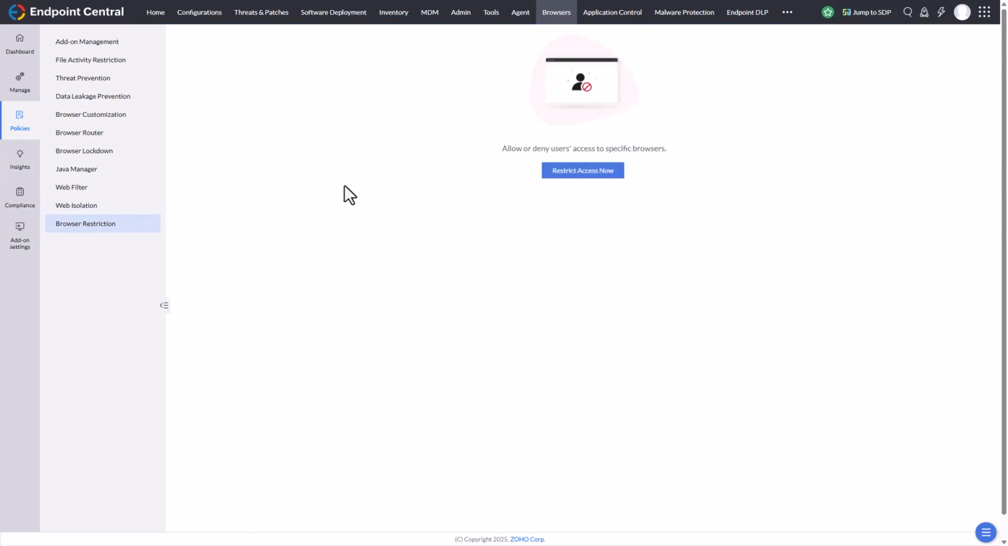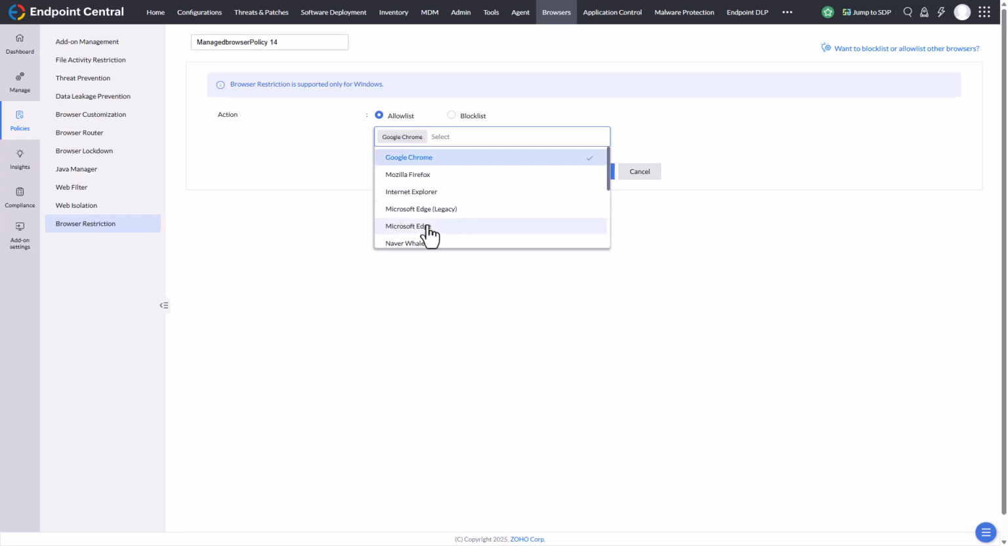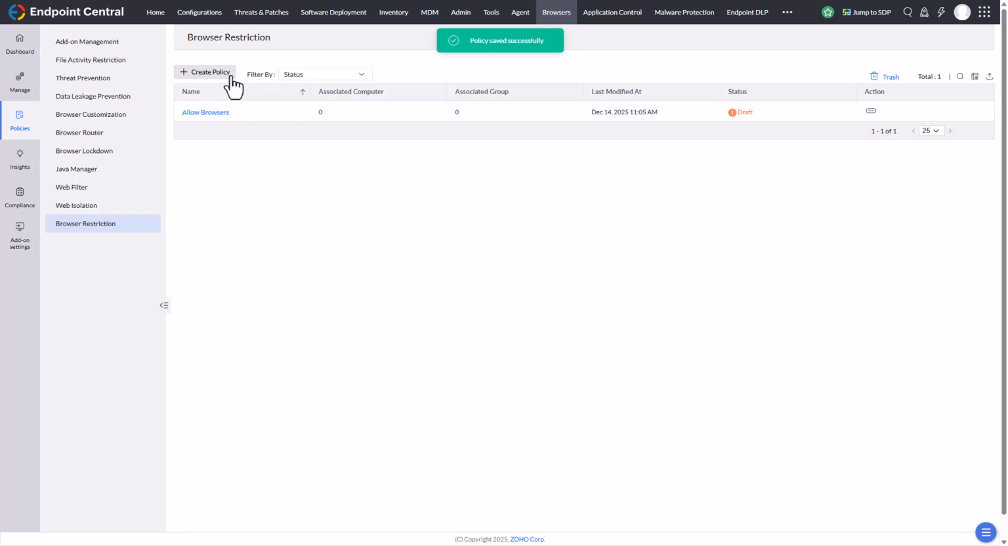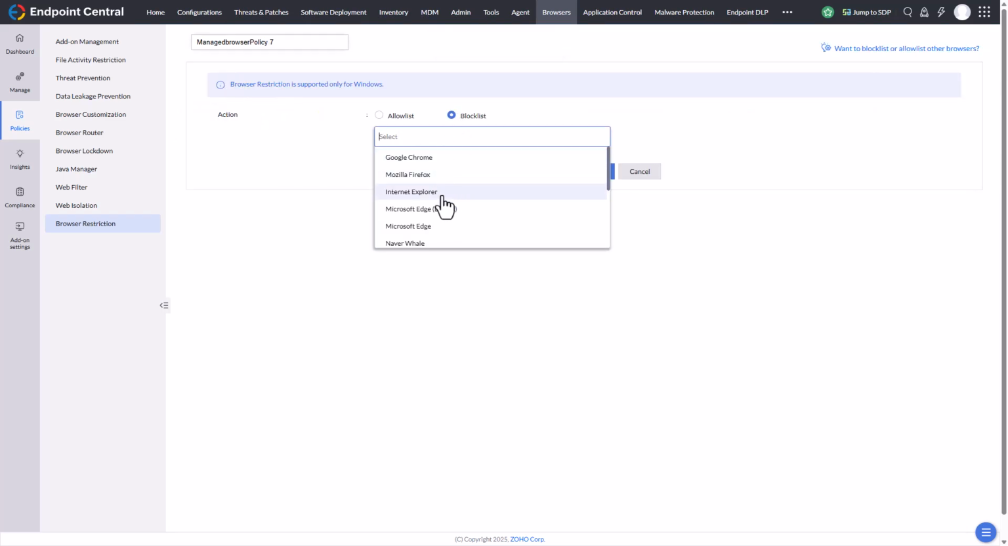Browser restriction. Allow or deny users access to specific browsers. Okay, allow list, Chrome, and let's have the Edge, allow list. Now we have to name it. Allow browsers. Save. And we can create a block for